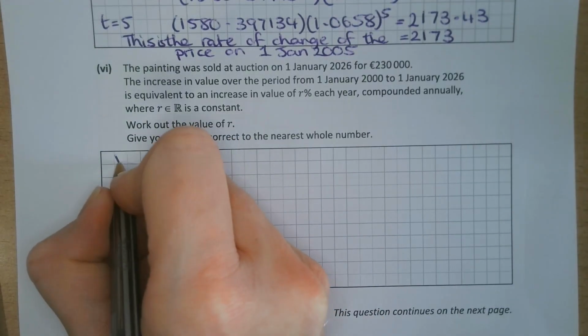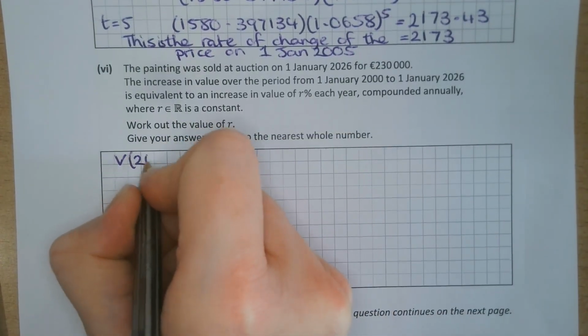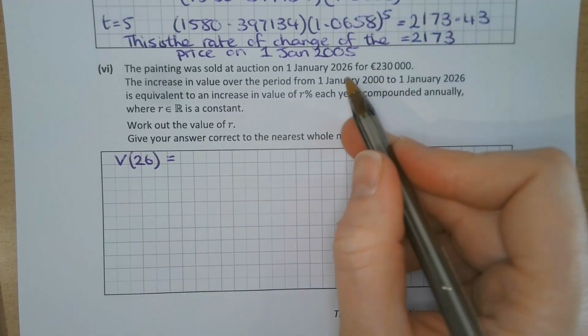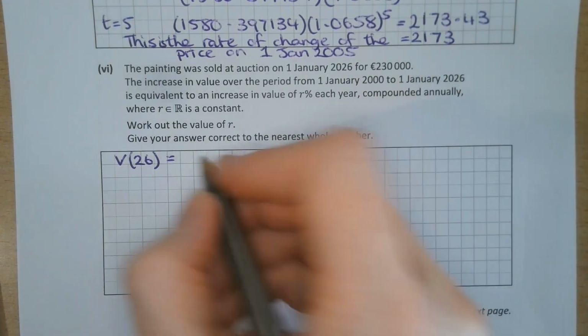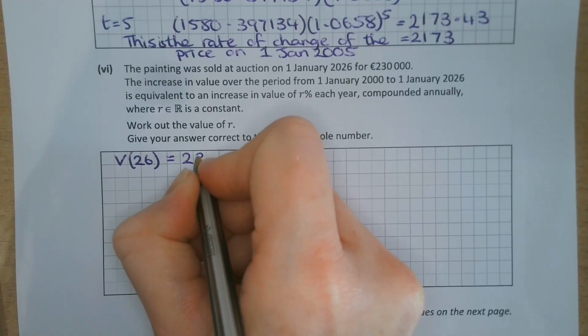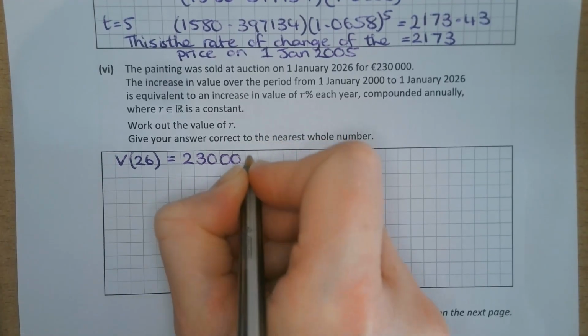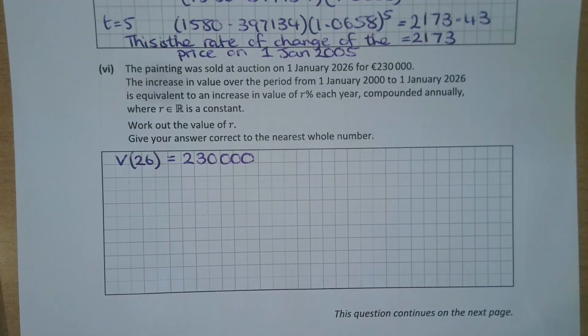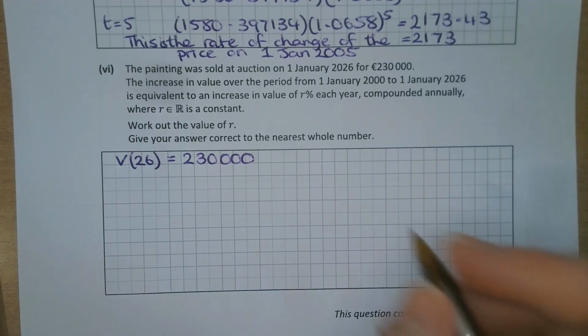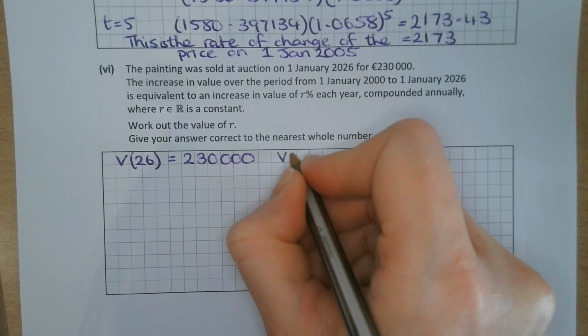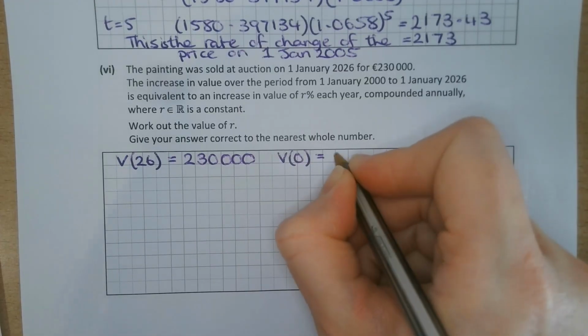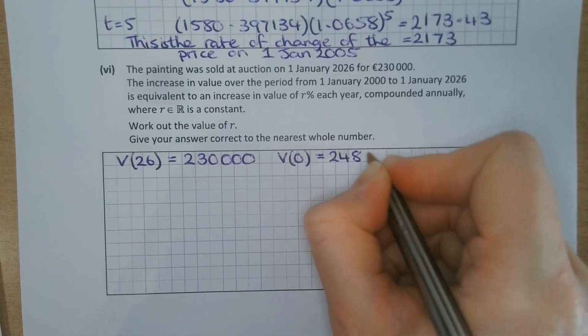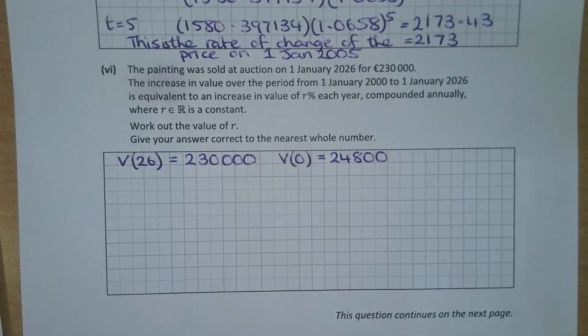What we would say here is that the V of 26, so 26 years after the 1st of January 2000, they're telling me in this question is 230,000. So that could be something just to jot down and make note of. We already know a few of the other values. For example, at the very start, its value was 24,800. So V of 0, when T is 0, it's